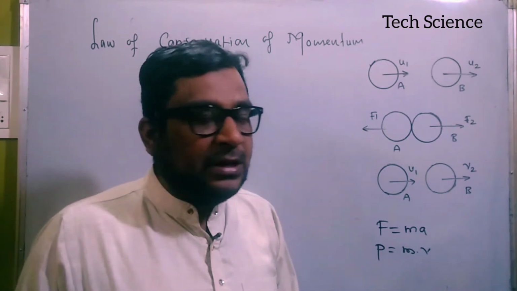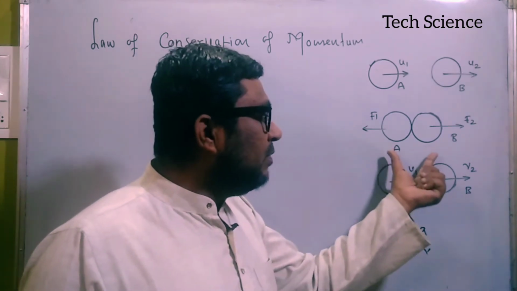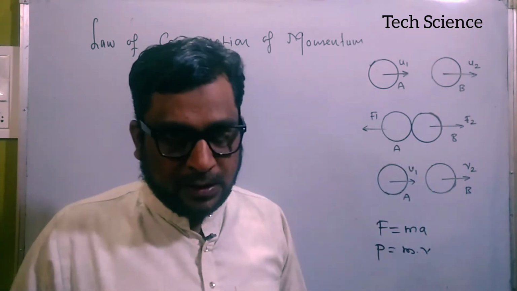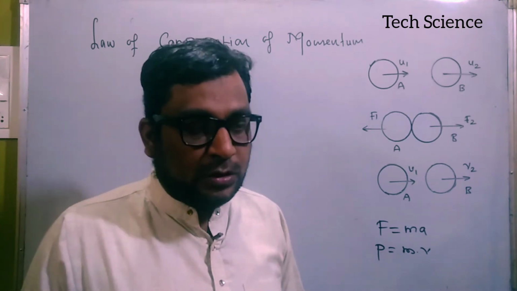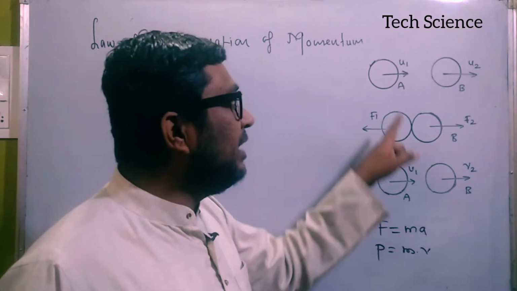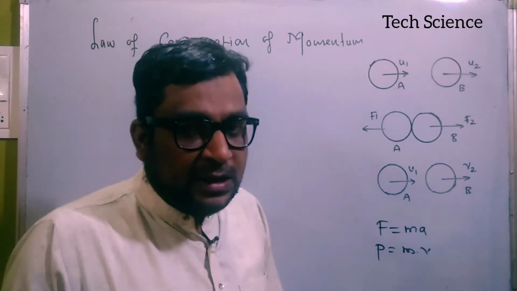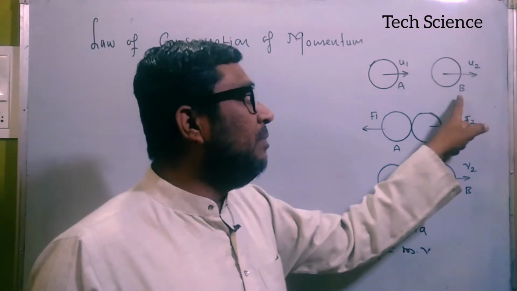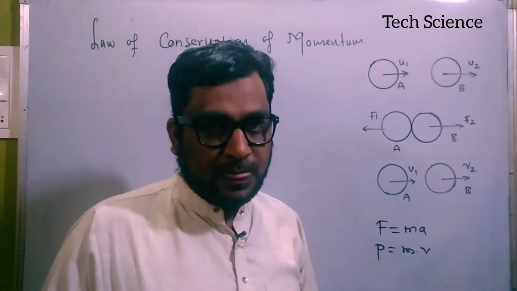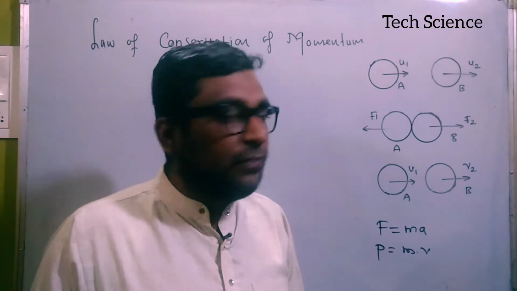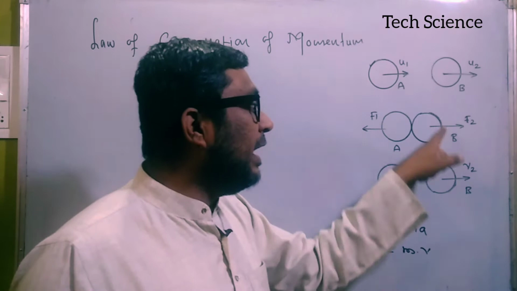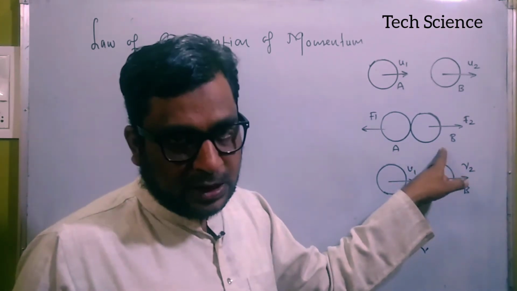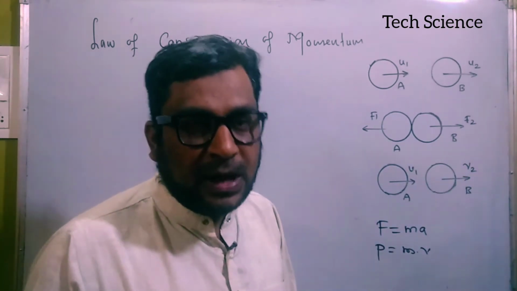After some time they collide with each other. If they are traveling along a straight line, what about their velocity? You have to consider that the magnitude of the velocity of sphere A is somewhat more than the magnitude of the velocity of sphere B. That's why A collides with sphere B as time passes.